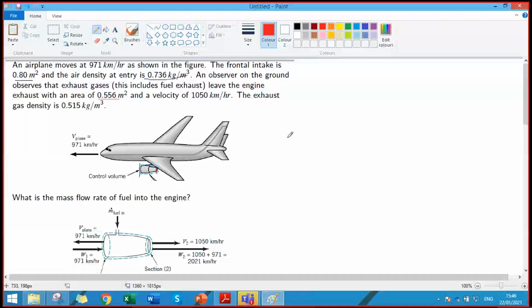So we can easily see that it is a problem related to the moving control volume. So we'll start with the concept of the continuity equation. We'll write down the continuity equation. The continuity equation is partial by partial t of the integral over the control volume of rho dV